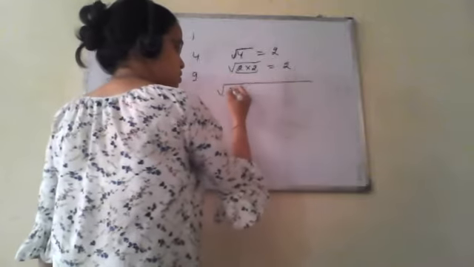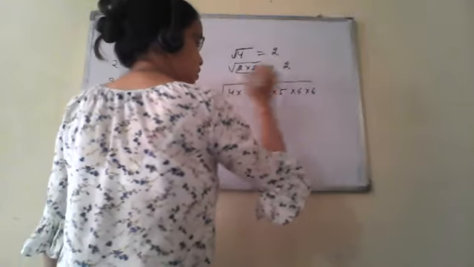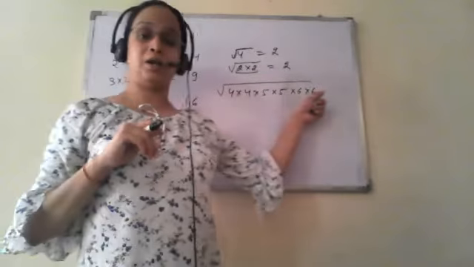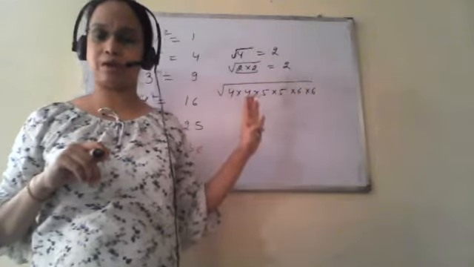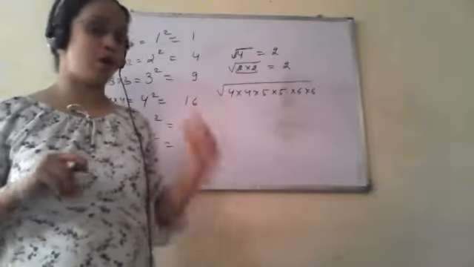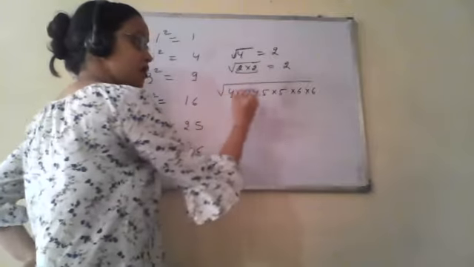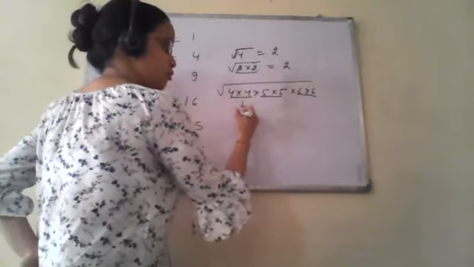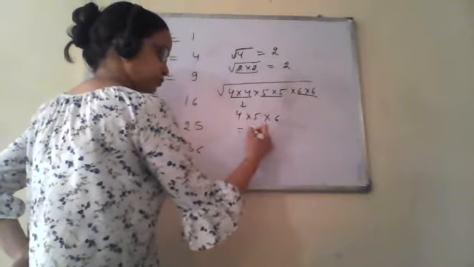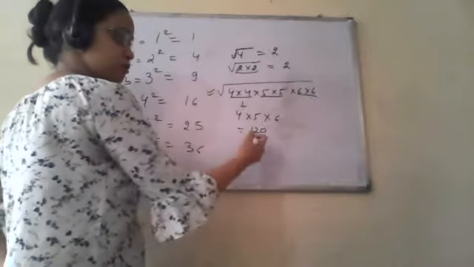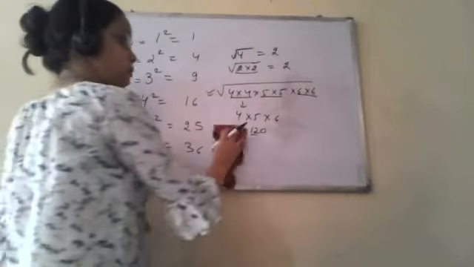Suppose there is a number that is 4 into 4 into 5 into 5 into 6 into 6. Clear? This is the prime factorization of the number, or basically the factors of this particular number, and we have to find the square root. So we remove the square root sign, and from each pair we take one number, so that is 4, 5 and 6. So this will be 120. So the square root of this number will be 120. This is the basic technique of calculating the square root by prime factorization.